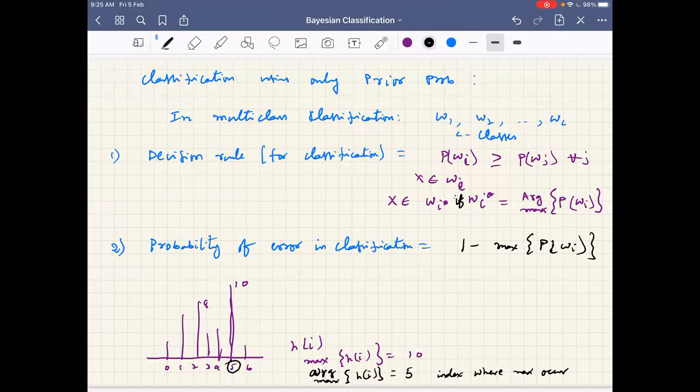In the nearest neighbor classifier, what are you doing? Every time you are comparing with the training samples, all training samples, and then matching with the closest training sample and assigning its label. Here, on the other hand, you are fixing the prior probability and then going with it. You just follow me, that's all. Whether you find it wrong or correct, even if you have scope for improvement, don't bother about it. So this is on the other side.